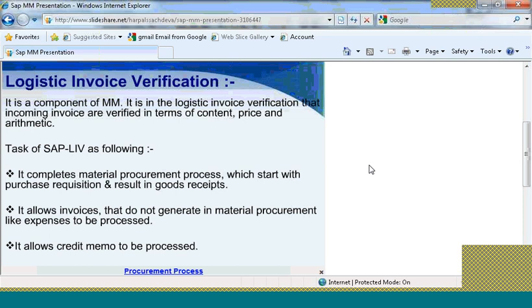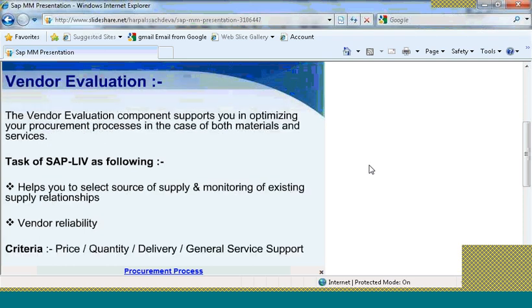It allows invoices that do not originate in material procurement, like expenses, to be processed. It allows credit memos to be processed. So as you see, these are the different factors or methods used in logistic invoice verification.